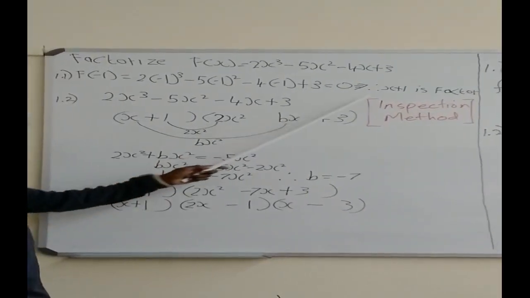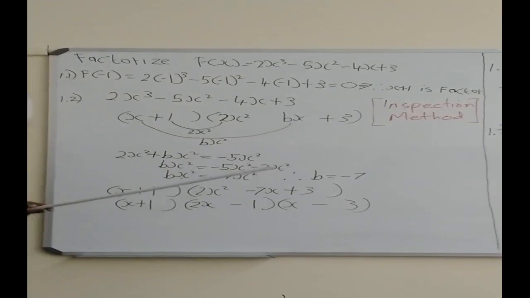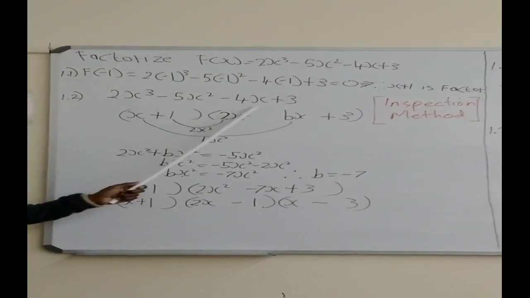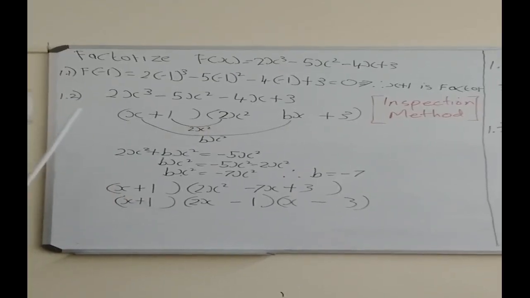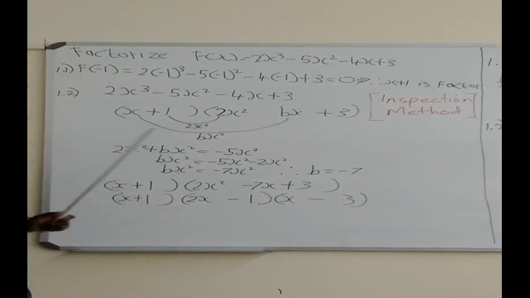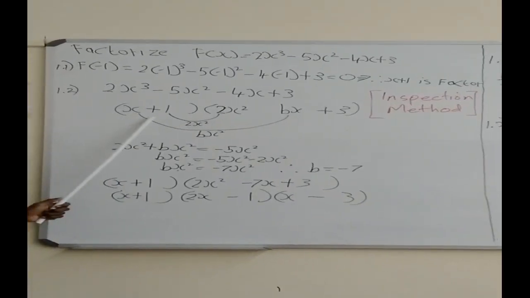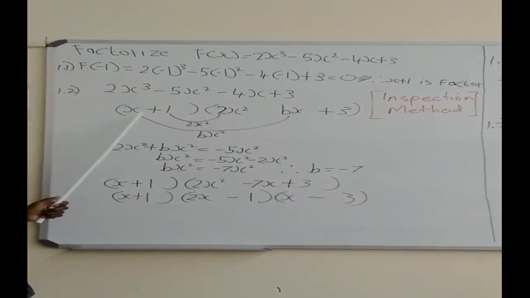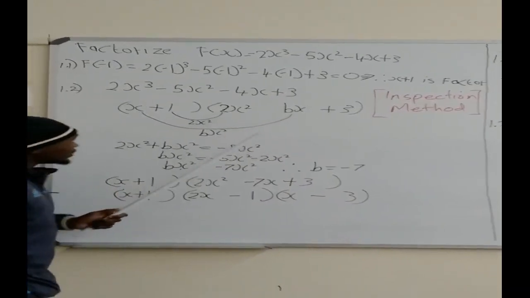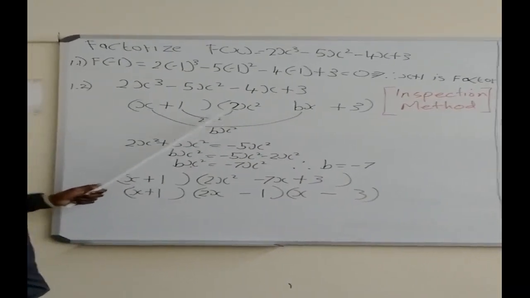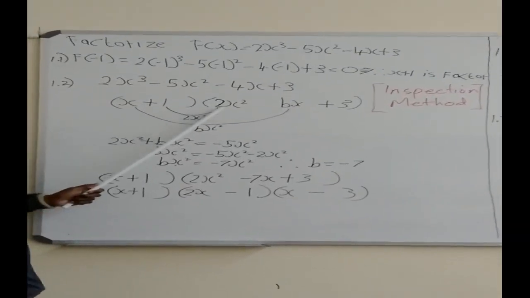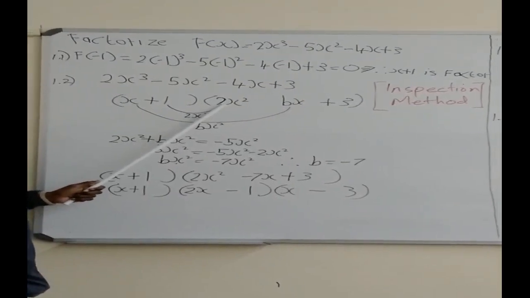Therefore, it means x plus 1 is a factor. Then, by checking the expression of my function, I'm going to open two brackets. The first bracket should be my factor, which is x plus 1. As for the second bracket, it's going to be a quadratic expression, but the first value of my second bracket,